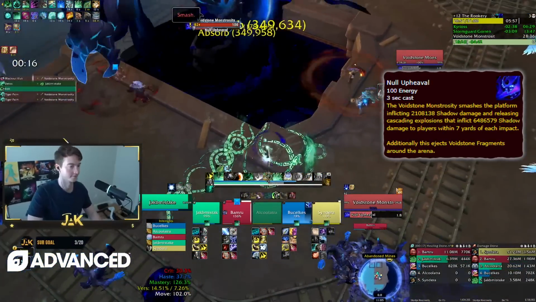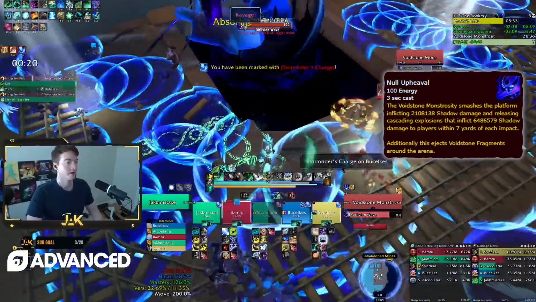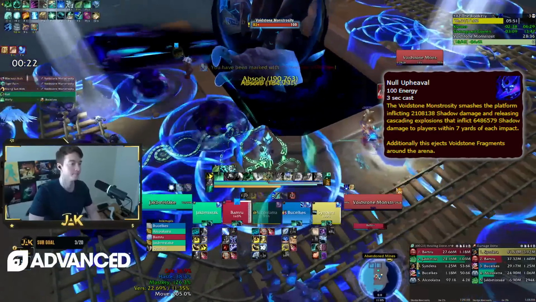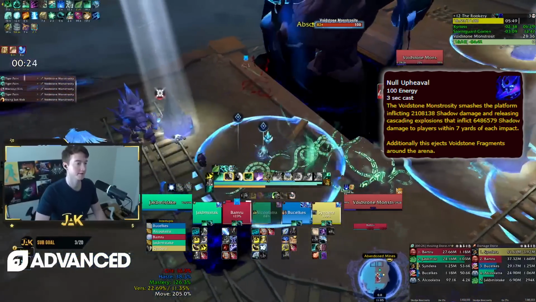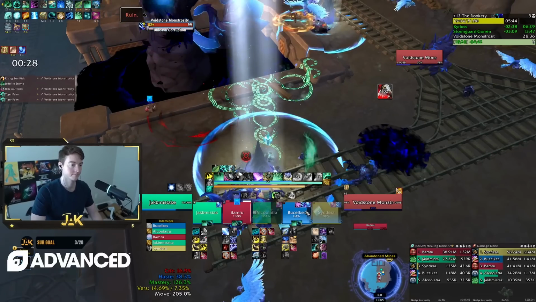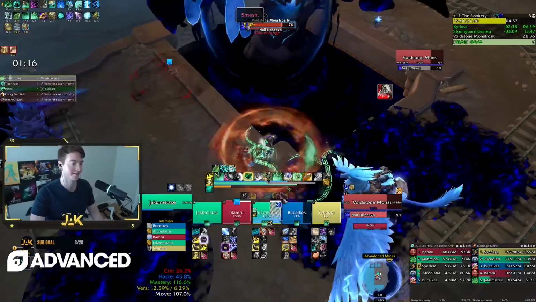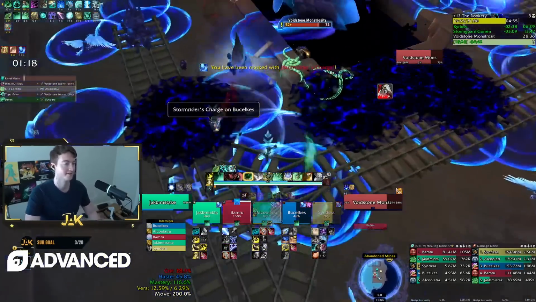Now, the Null Upheaval knocks all the players back in the room and then places circles on everybody who's not a tank. It's also putting out a ton of void zones all across the room at the same time. And so what you want to do is watch for some of these pillars that are all around the room, as these are going to spawn the new adds that are just going to nuke and spread AoE damage and